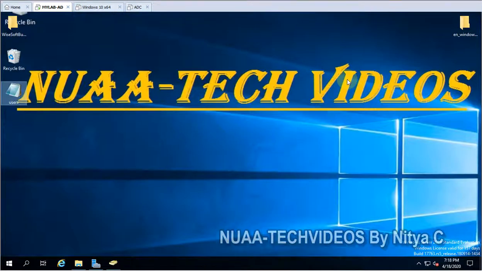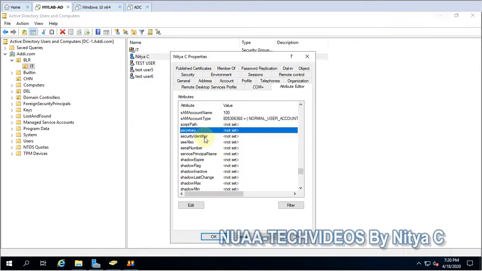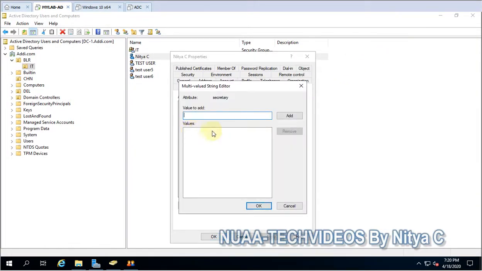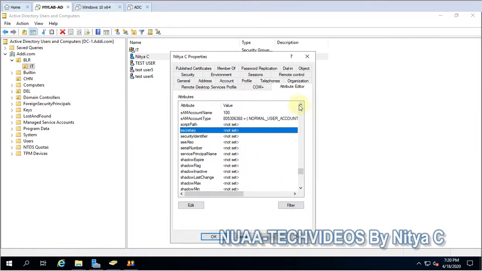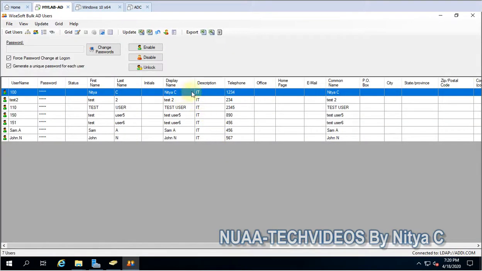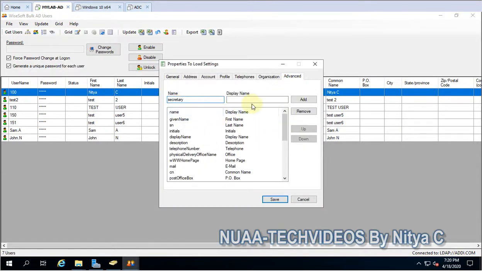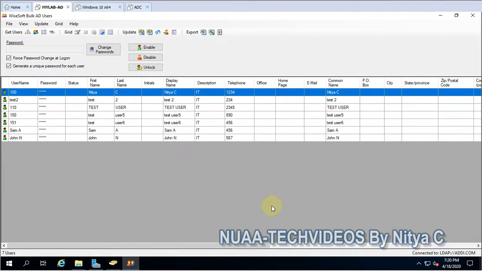it is showing some error because the value is not correct. Extension attributes will come with any number. So let's pick any other attributes. So I will pick the secretary and secretary. Okay, let's close it, and here you have to modify again. Okay, advance, the same extension attributes you have to give here, then add, then save it.